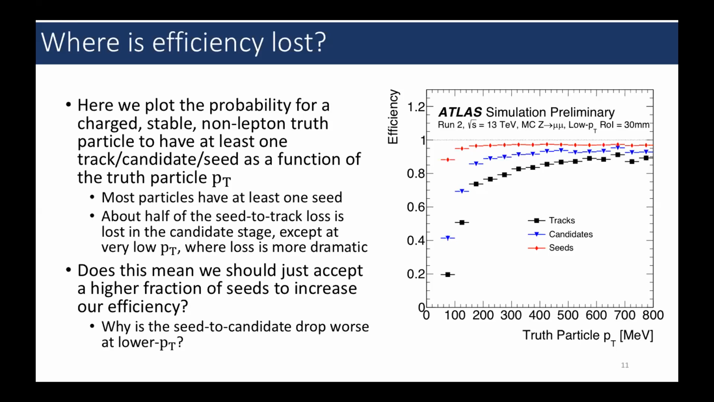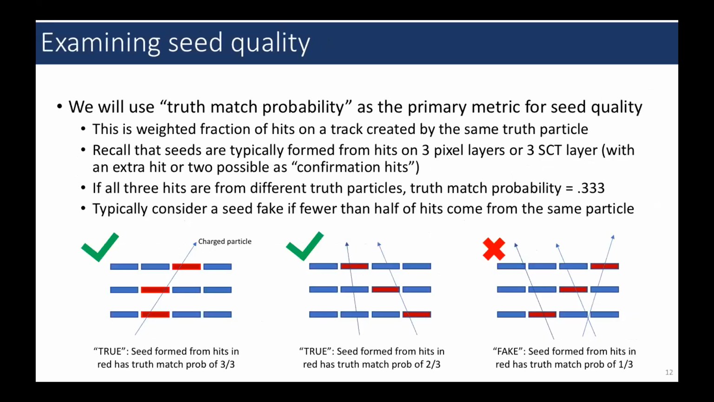But given the fact that we have typically at least one seed per particle, does this mean that we should just accept a higher fraction of the seeds to increase our efficiency? Because remember, you can see from here that we have a very large drop from seed to candidate, especially at very low PT. So in order to address that question, what we're going to use as a metric for seed